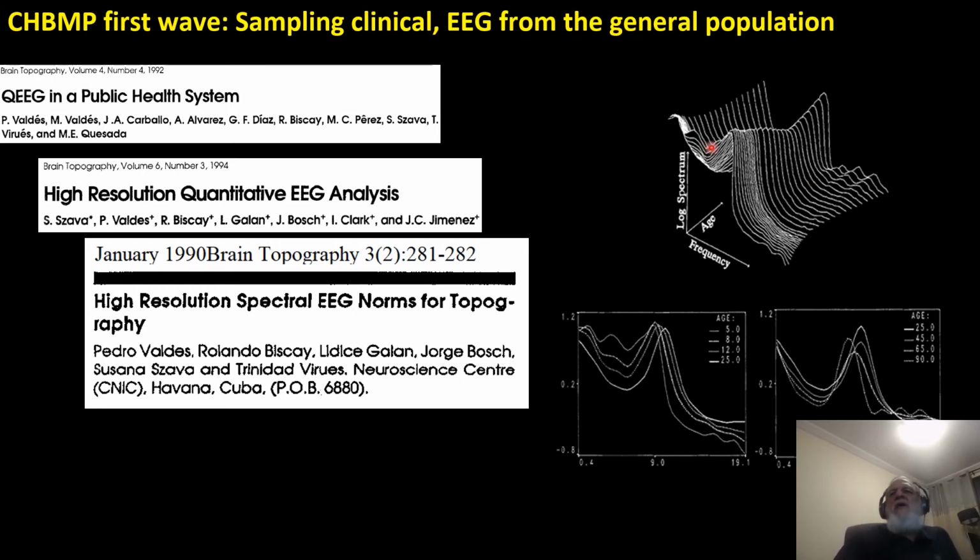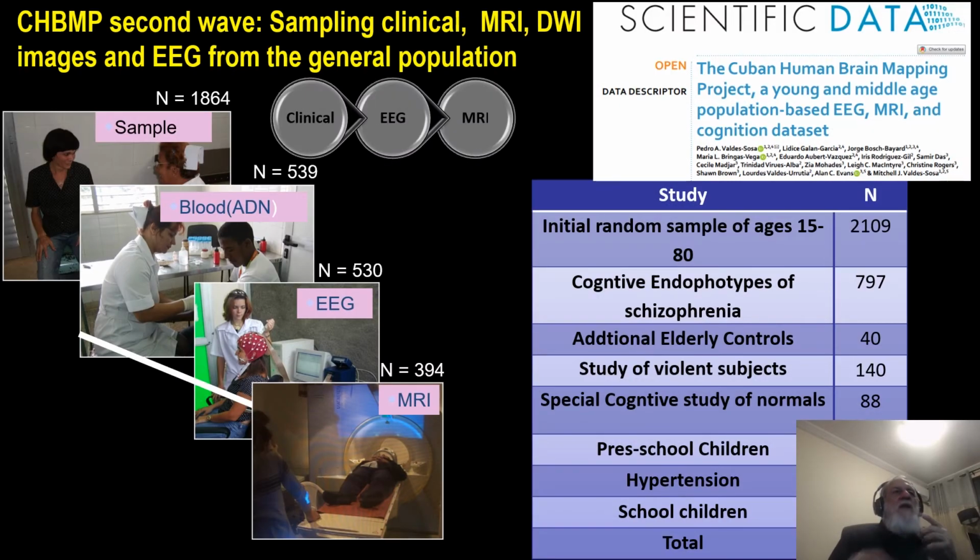You see here on the right, from a 94 publication, the energy, let's say the log energy, the log spectrum, for the different frequencies that we were analyzing at that moment, from age 5 to 97. And this is what we called at that time a developmental surface for the EEG spectrum. We then went on